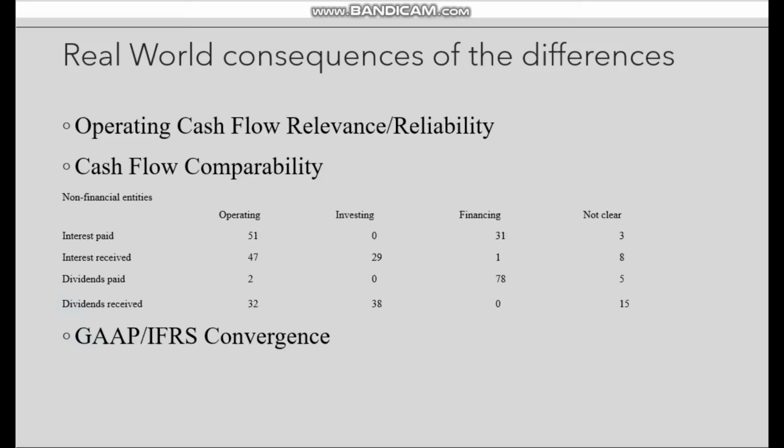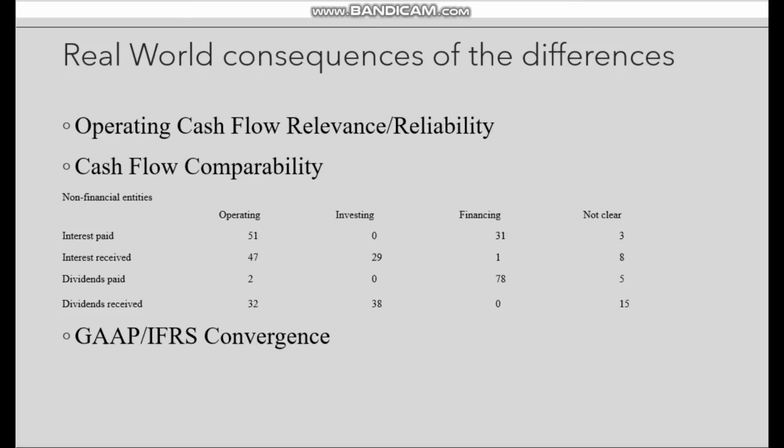Okay, so what about these differences in the real world? We have three areas of importance to highlight: operating cash flow relevance and reliability, cash flow comparability, and GAAP IFRS convergence. Cash flow, and particularly operating cash flow, is well established as a basis for business valuation, contracting, and financial